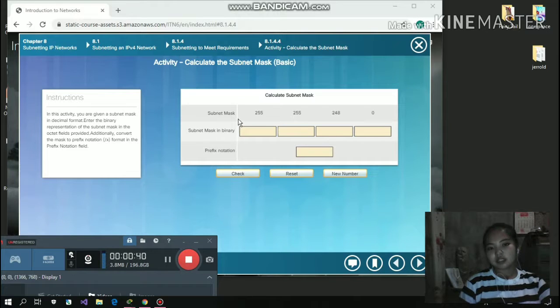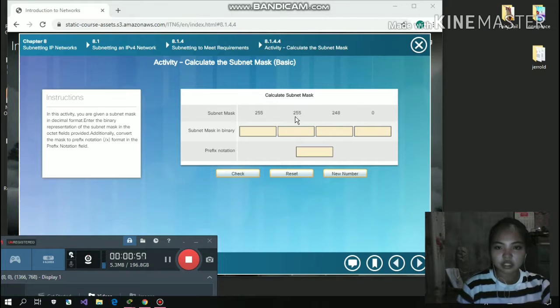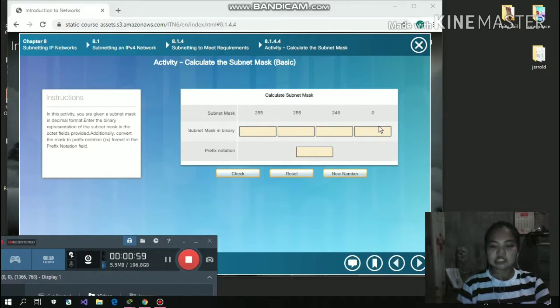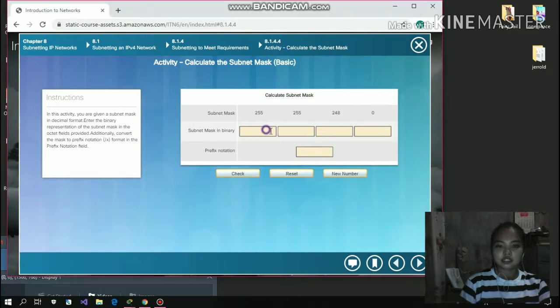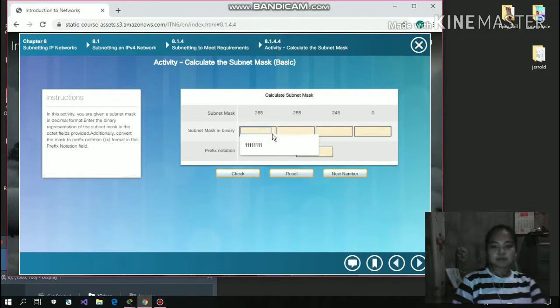We have here a subnet mask of 255.255.248.0. We have to fill in these blanks, which means we have to write the subnet mask in binary for the 255, the 248, and the 0. And after we have found the subnet mask in binary, we have to do the prefix notation. Let's answer. To answer this 255, we have to add